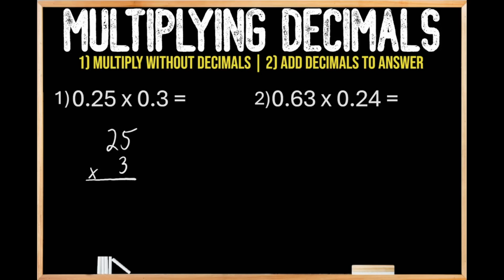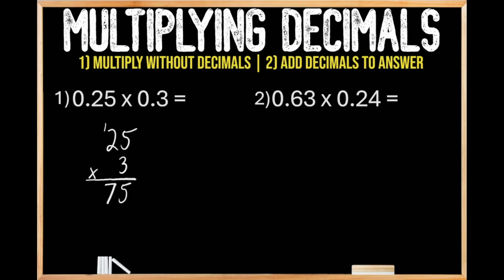And when we multiply 3 times 5, we get 15. So we're going to write the 5, and then we're going to carry the 1. And then we're going to multiply 3 times 2, which we know gives us 6. Plus the additional 1 gives us 7. So now we're ready to move on to step number 2, where we're going to add our decimals back into